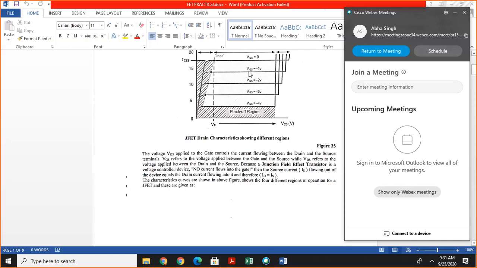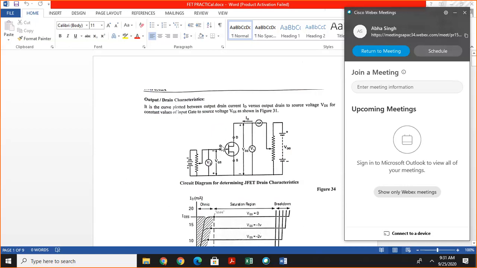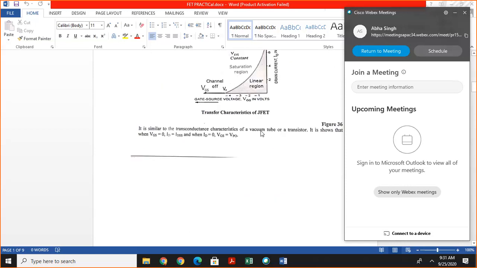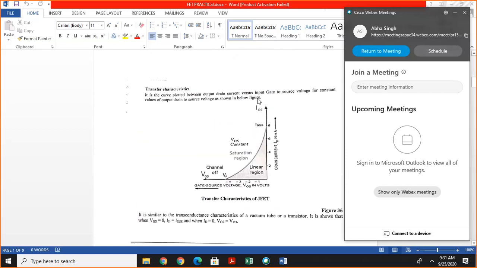First we fix the value of VGS at 0 volt, and then we increase the value of VDS from 0 to certain value of voltage and measure the value of voltage and corresponding current. Clear? Then the next is transfer characteristic.